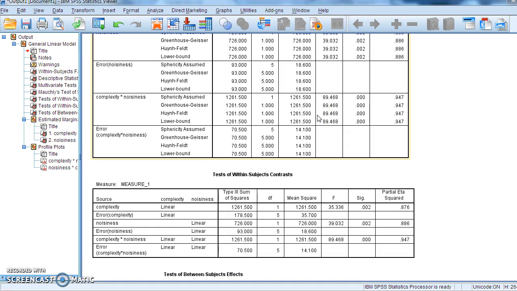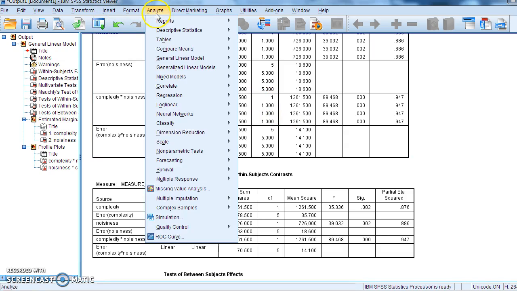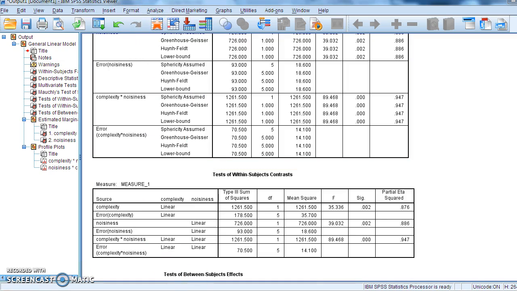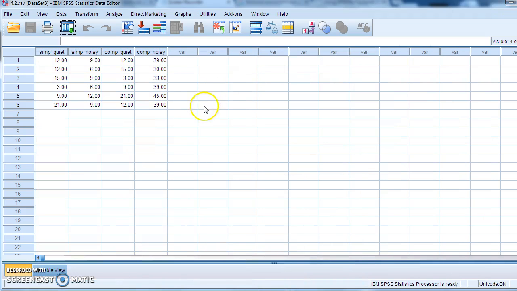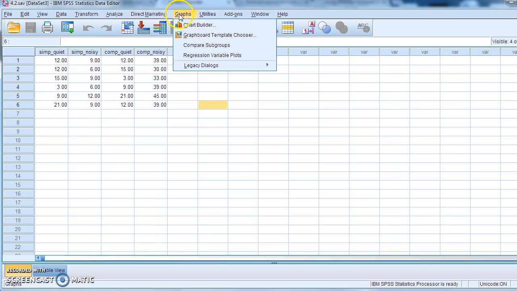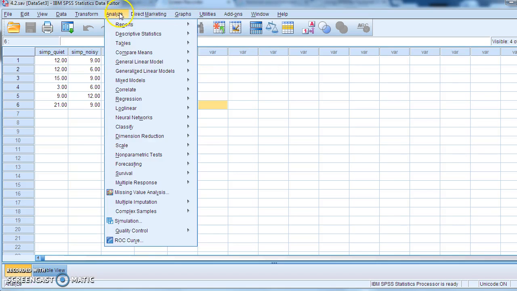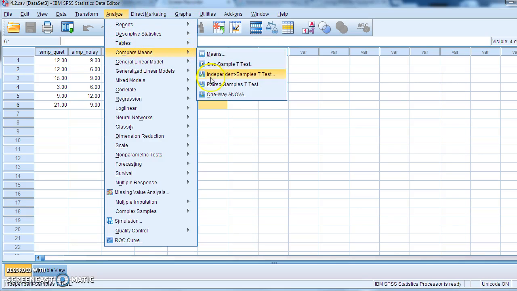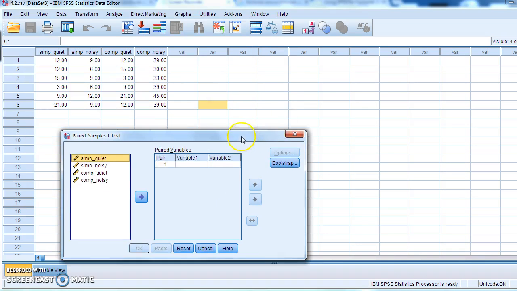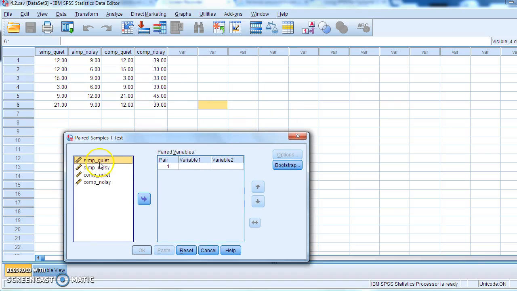Okay. Next thing to do is our simple main effects. So we want to look at our pairwise comparison t-tests. Now, let's go back to the data here, we don't need to split the file in this case, because splitting a file is when you've got coding variables. We don't have coding variables. So what we need to do here is just do some paired samples t-tests. So let's go to Analyze, Compare Means, Paired Samples t-tests, and all we do, we need to do